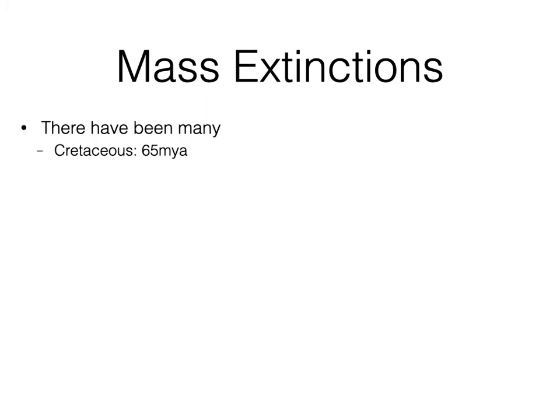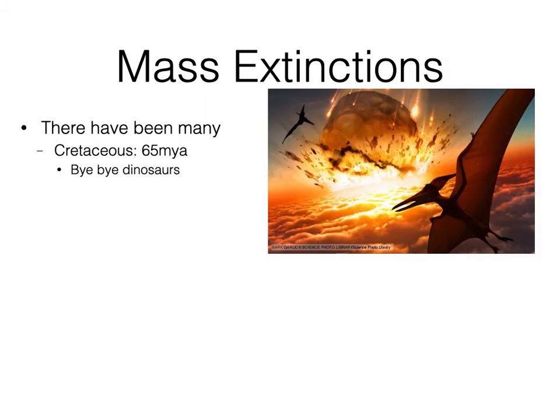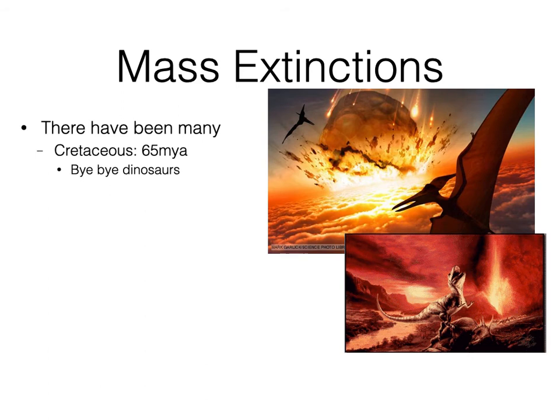And so we can think about the Cretaceous extinction, in which bye-bye the dinosaurs largely died out. Fortunately enough, there were some lineages that were able to weather this cataclysmic event, and those lineages evolved into bird species, but dinosaurs went extinct. Okay. And, on the scale of mass extinctions, the dinosaur extinction was actually relatively mild.